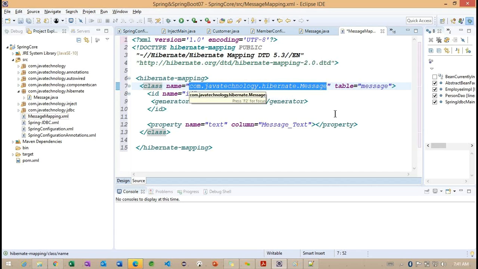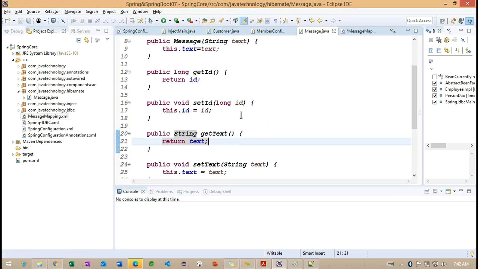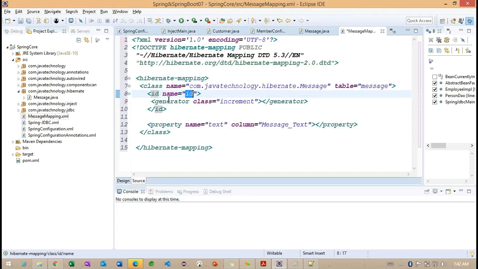And this is the name of the class, we are having message. So what is the table name we want to create? Here we can specify the particular table name, so that the table is going to be created. And later the ID. The ID property, we have the same thing, long ID, we specified as ID.